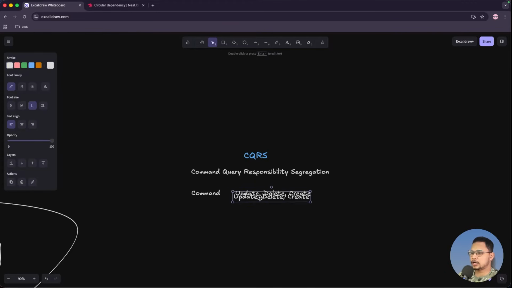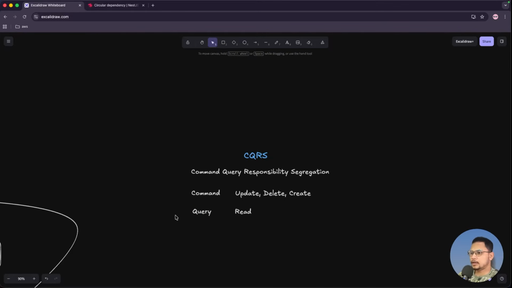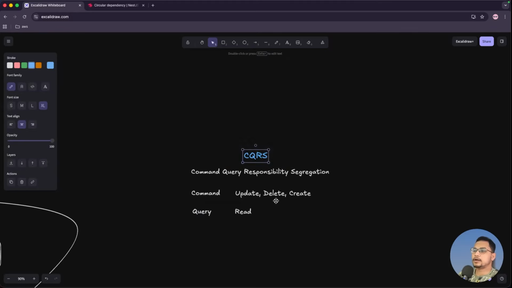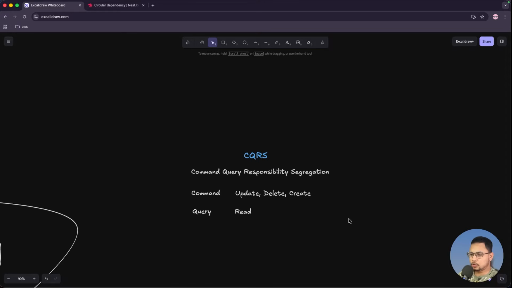So these things are called command. And what is query? Query is only the read operation. Now this CQRS is telling you that inside your code base, this is for a large code base only. If you are building a large distributed system, maybe you should separate these two things out. You should have a read layer and you should have a write layer, or a layer for all the other